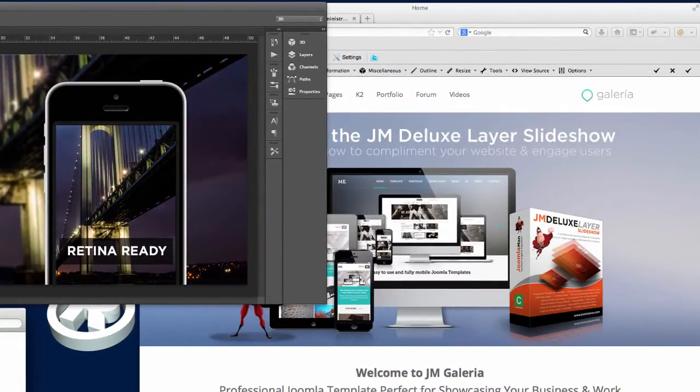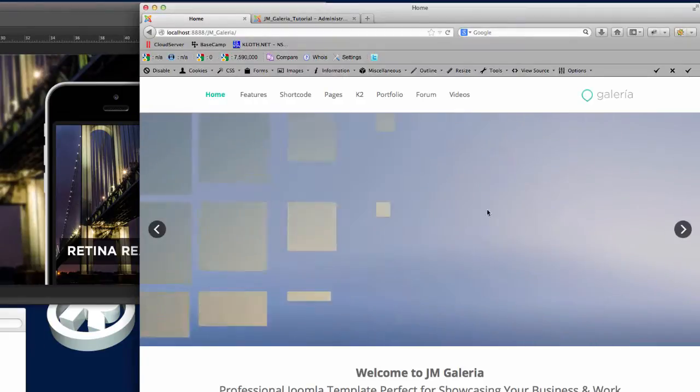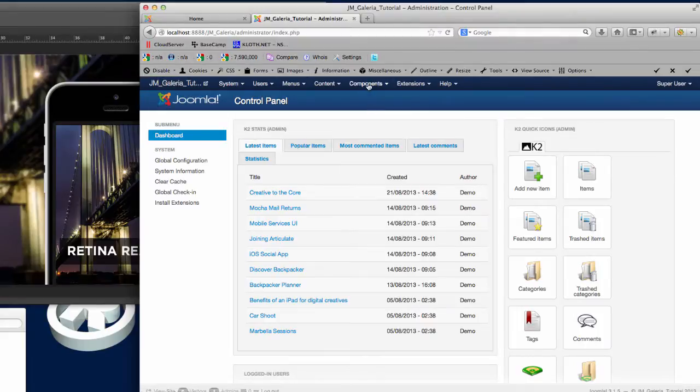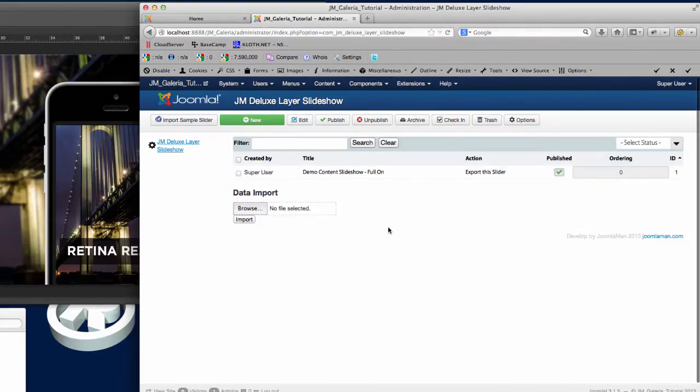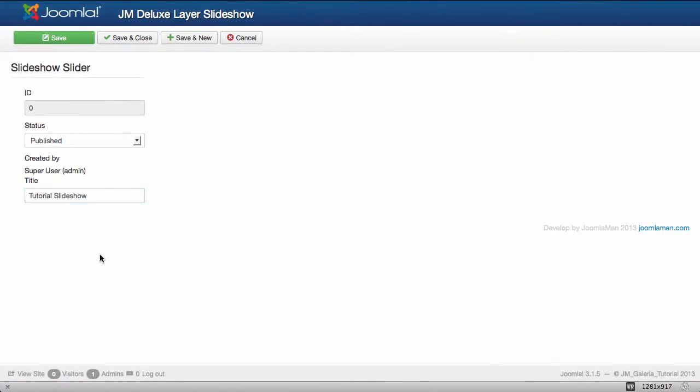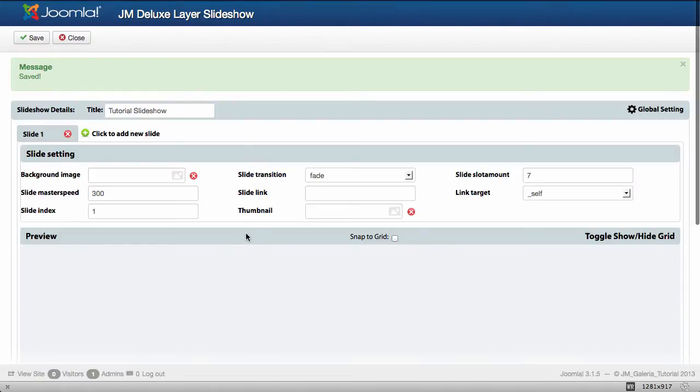the component. So I'm moving into the component now. Again, we're going into the back end of the website and we want to go to Components, JM Deluxe Layer Slideshow. For the first part of this we need to create a new slideshow. So straight away click the new button and we get to give the actual slideshow its title. I'm going to call this tutorial slideshow. We just give that there, and then if we save and close that there, we then go into the